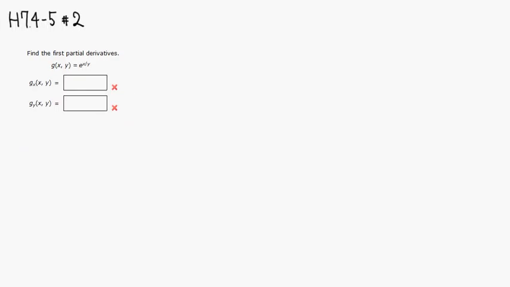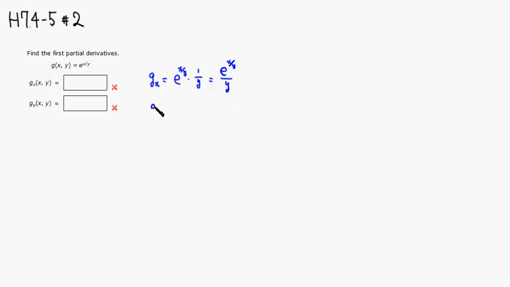Alright, so a partial of g with respect to x would be, right, so it's exponential function, so we just have to put e to the x over y, right? But we need to multiply by derivative of the inside function, right? So 1 over y is just a constant, so derivative of x over y would be just 1 over y, so it's a 1 over y, right? So you can probably write it as e to the x over y,